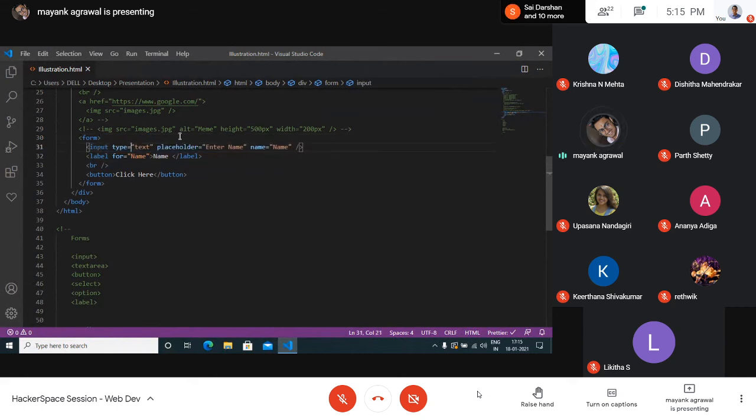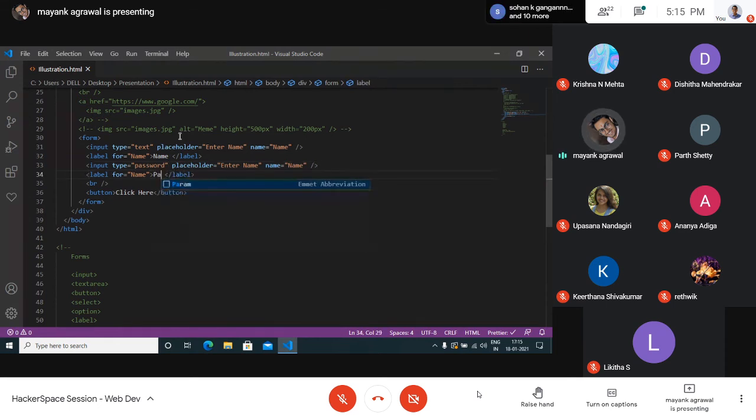Now one more thing that input has is you can add anything to it. For say it is text. Instead of text, I want password. So for password, as you might know, while typing you don't really want anyone to look at your password, right? So keep this name as password.